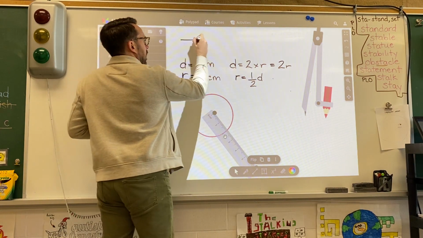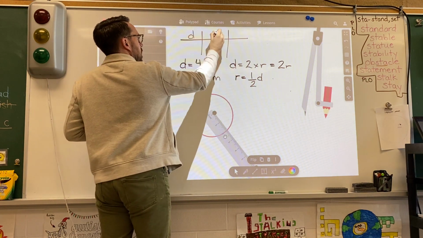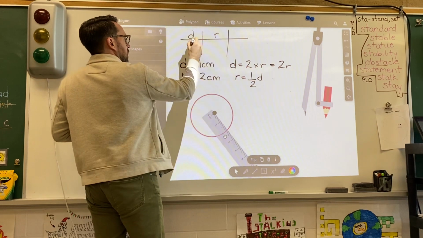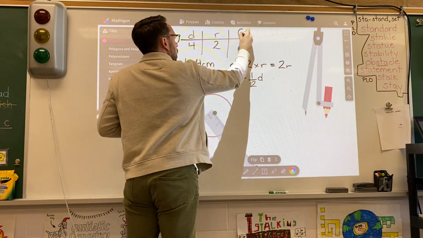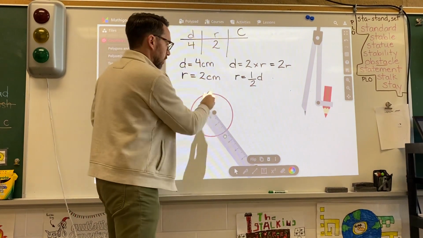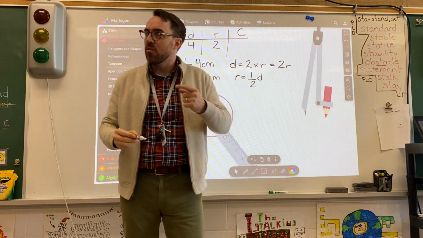So if I were to put this on a little table like this, D for diameter, R for radius. Diameter is 4, radius is 2. I also want to measure around the circle, and I put a C there. Who could remind me